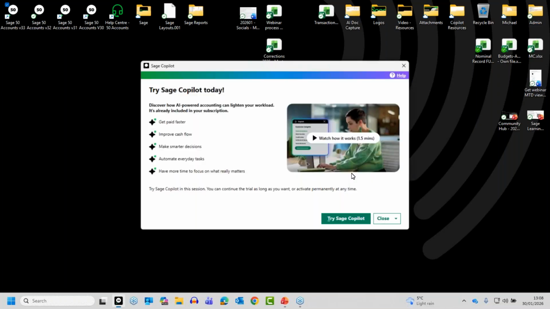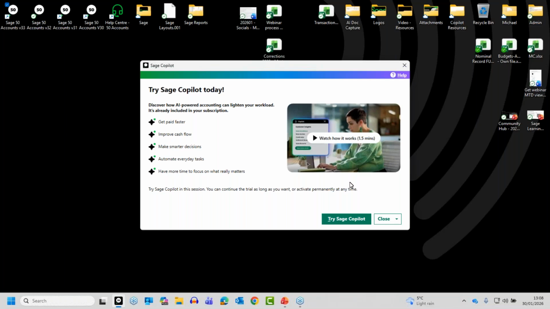So when you're on version 33, you'll get this option. And this means you can have a go of Copilot, you can try it without fully activating it. When you fully activate Copilot, you're going to then start reverting to when you log in, rather than just asking you for a username and password, or a single user will ask you for password only. Rather than doing that, what it's going to do is